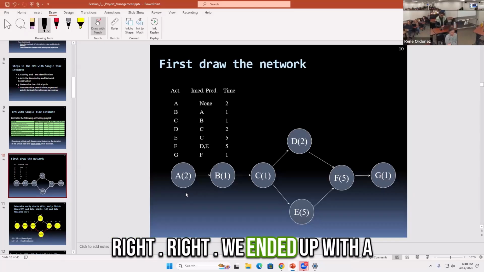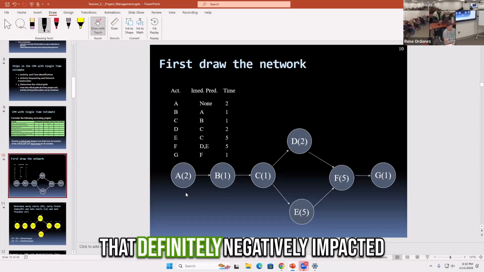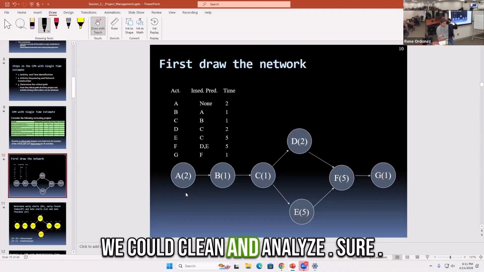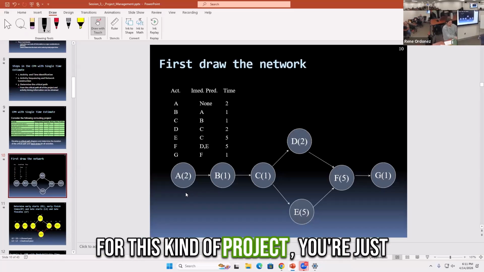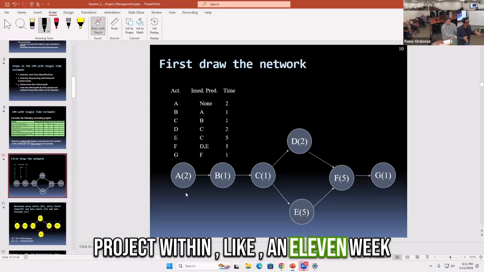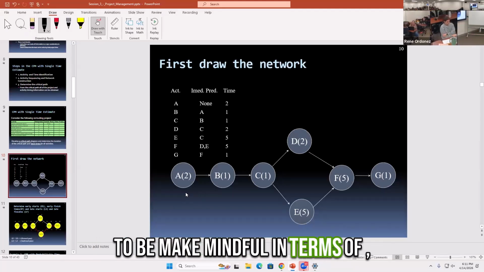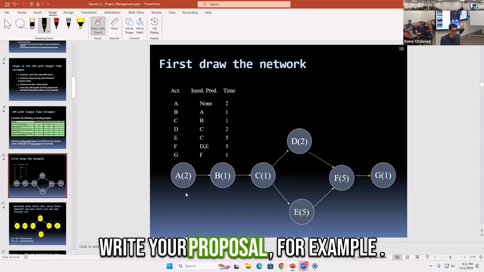So we ended up with a very, very short period of time that our survey was out, and that definitely negatively impacted our total number of surveys that we could clean and analyze. Unfortunately, for this kind of project, you're constrained to complete your project within an 11-week period. So you have to be mindful when you estimate the time to write your proposal, for